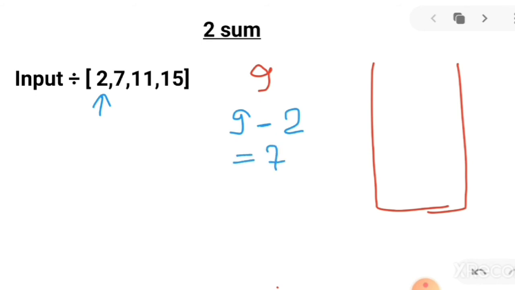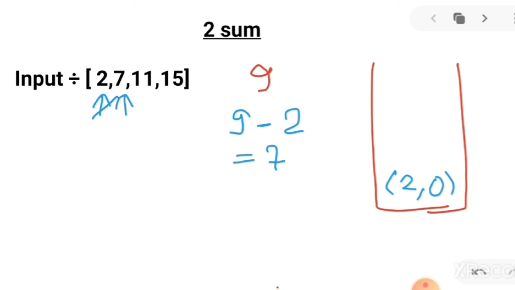You can see that our hash table is empty, so 7 is not present in the hash table. So we'll store 2 with its index value. The index value is 0. Then we'll move our traversal ahead. Now we are at 7.